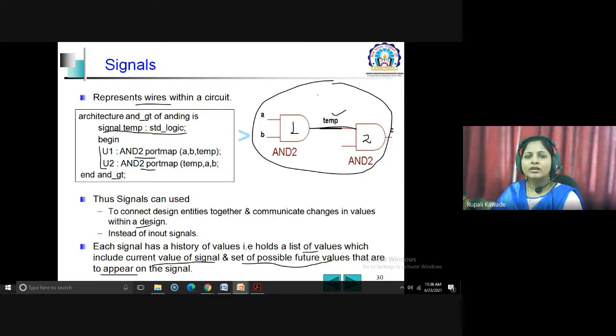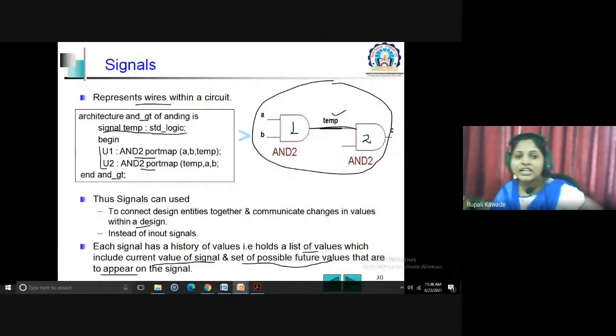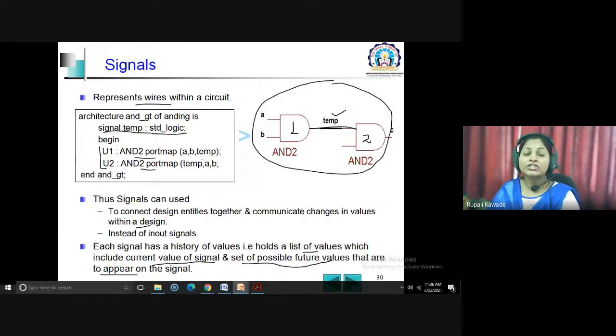So how many modules are there? There are two modules, but actually there is only one module, and that is the AND gate. Fine. And that AND gate, you are duplicating it, right? You are duplicating it because for my design I needed two AND gates. So this is a kind of instantiation. This type of code you will find in your structural modeling style.